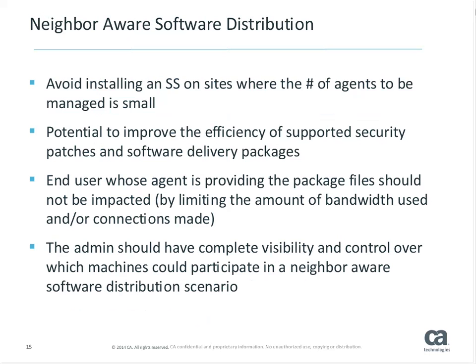A new feature that we're adding to 12.9 is neighbor aware. Basically, neighbor aware allows the payload of the software to be available from a neighboring machine instead of having to go back to a scalability server. In many cases, especially in smaller offices or other environments where you don't necessarily want to stand up a scalability server,